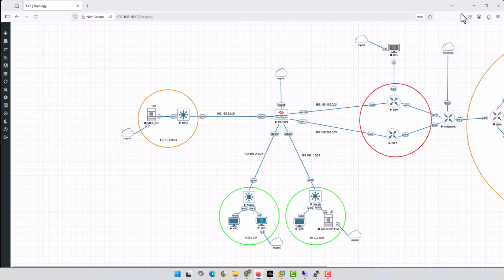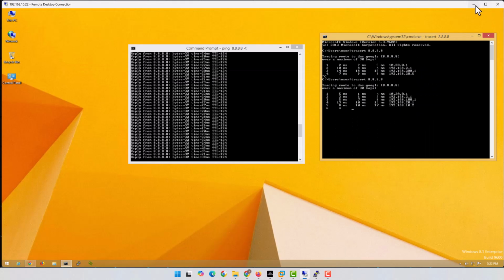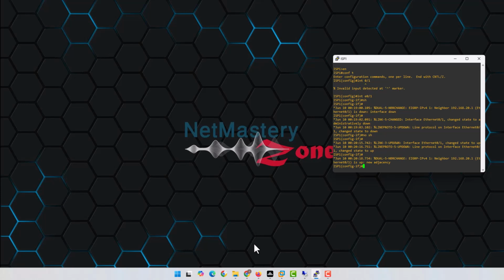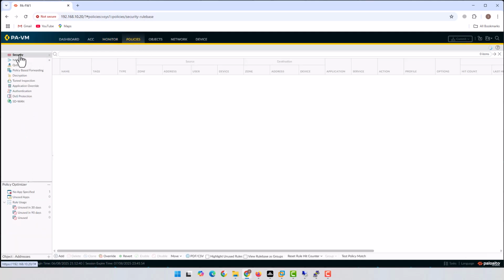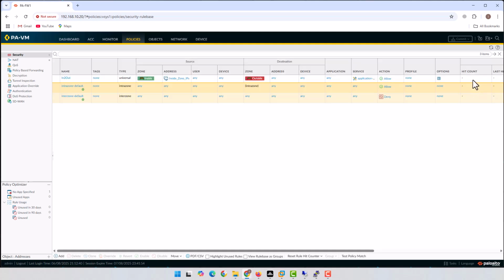Okay, I believe we verified everything that we configured. And here if we go to our FortiGate and to the policy, you can see in the security policy we should have some hit count here. That is because of transferring this information, the ping and also the websites, and also the other one that is the intrazone. Intrazone means between site A and site B in the same inside zone, and also some drops that we have here in